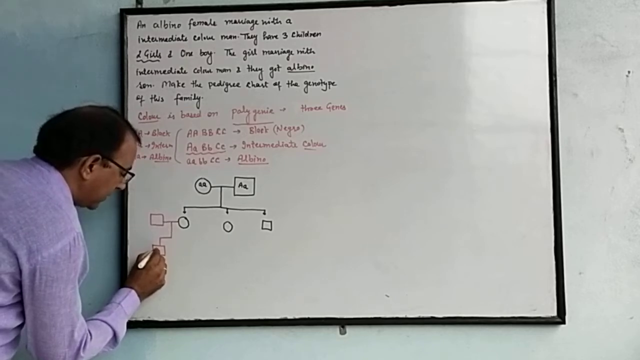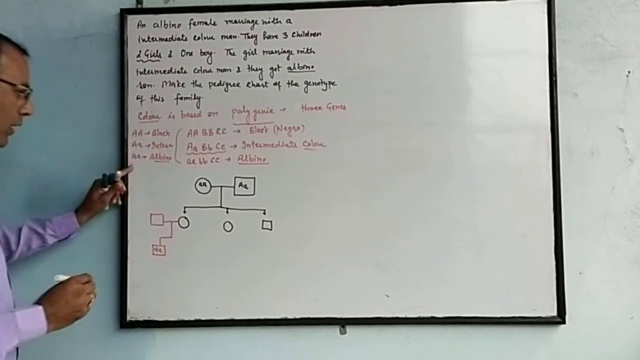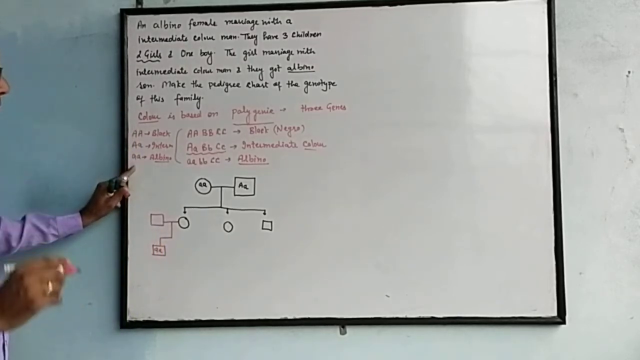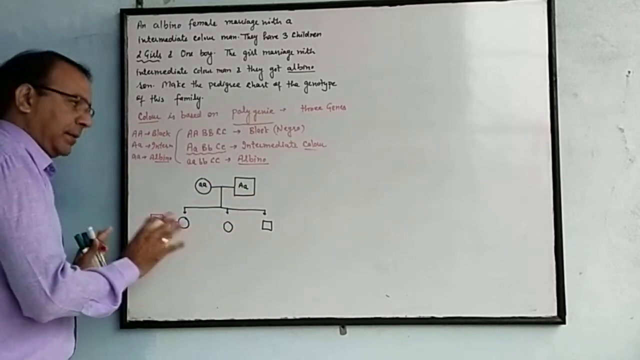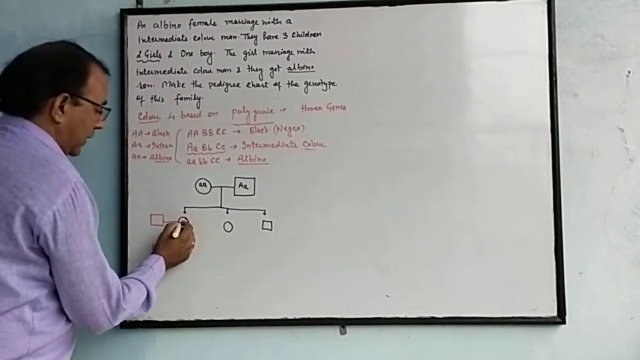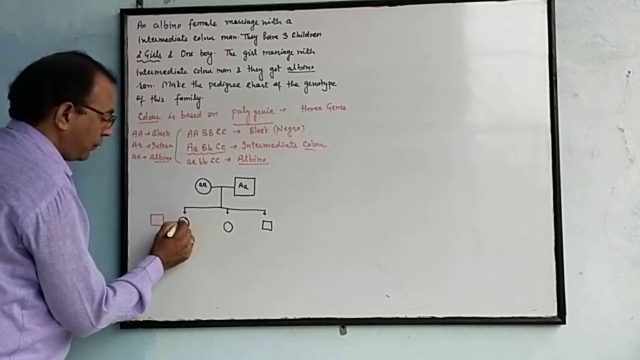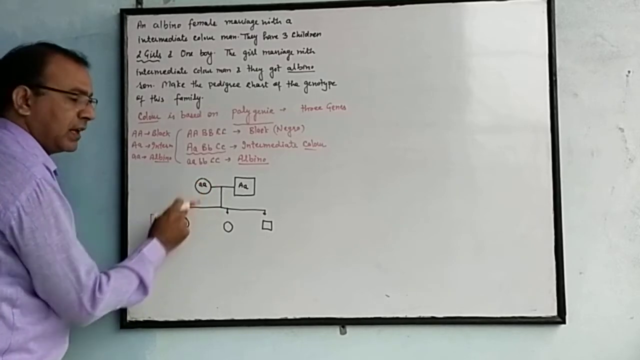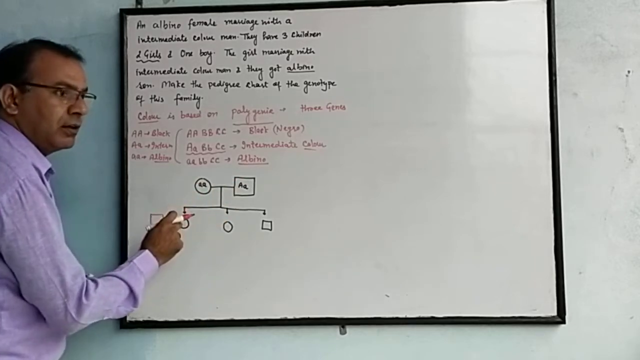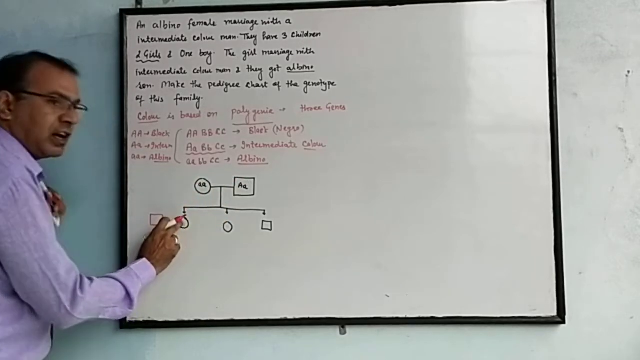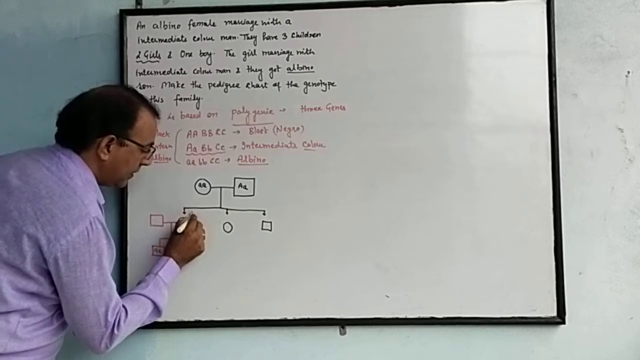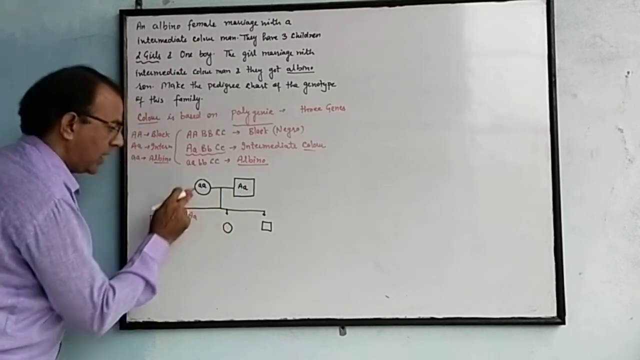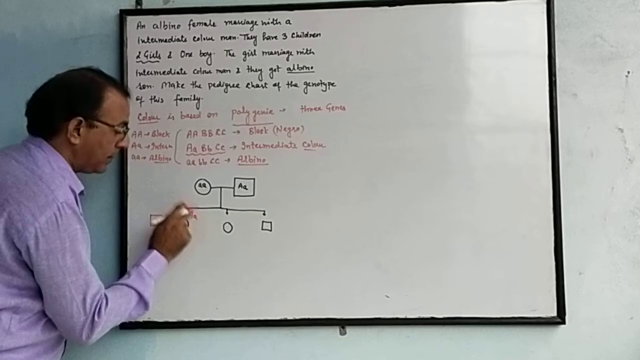Albino color male means it contains only both small a, because it is white in color. How will the pedigree chart be rewritten? Clear? First, one trait from the mother and one from the father. Maybe this girl is intermediate, one from father, capital A, and one from mother, small a. Maybe intermediate,